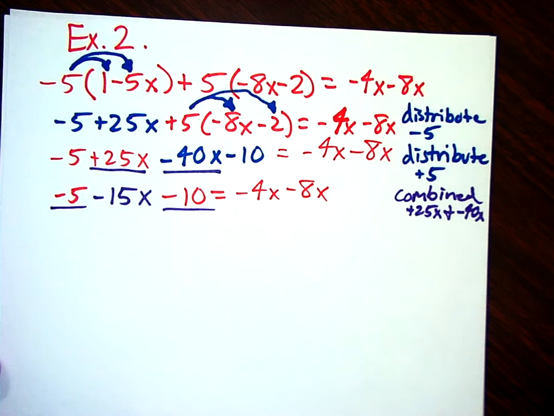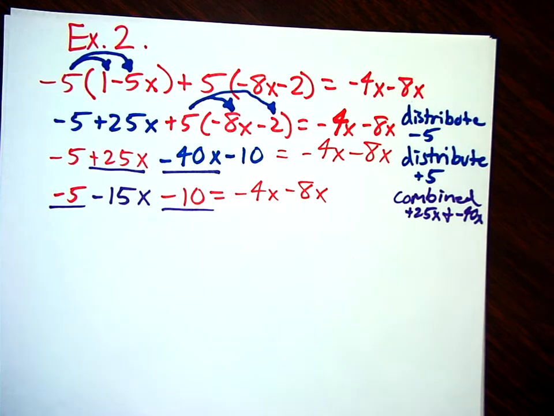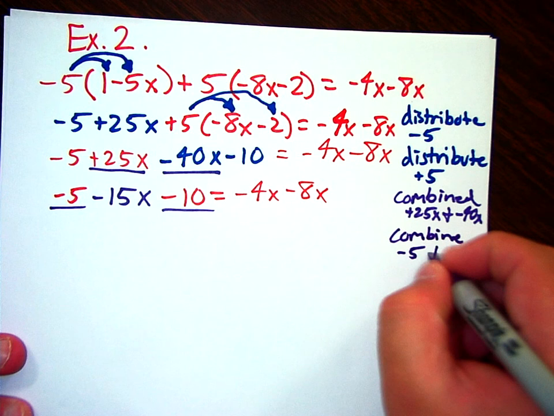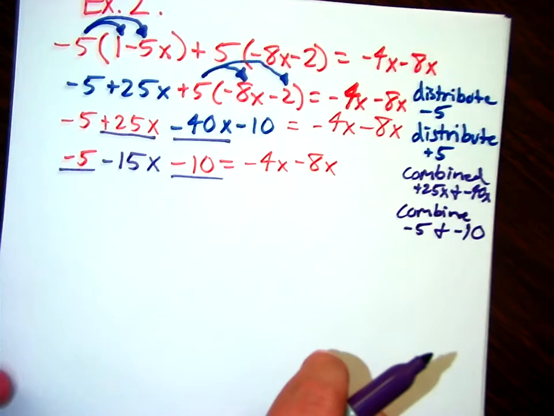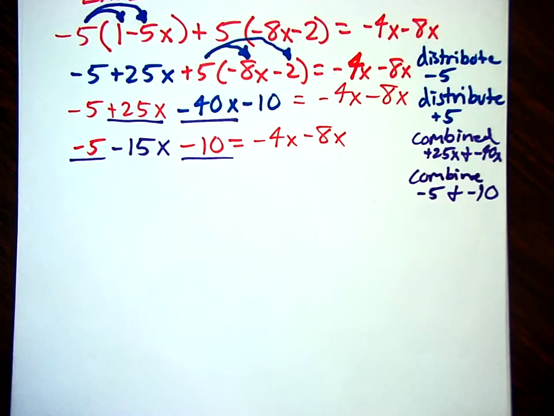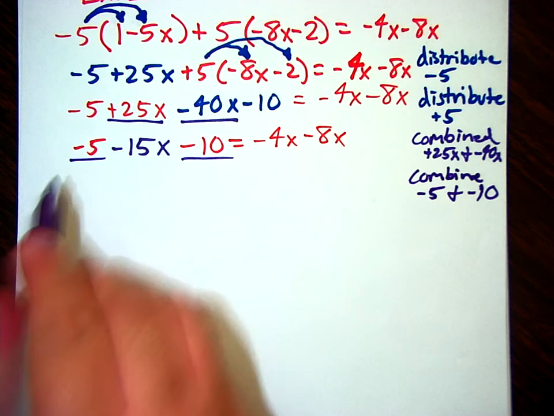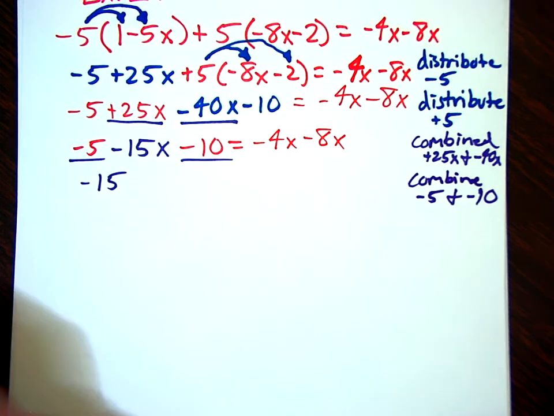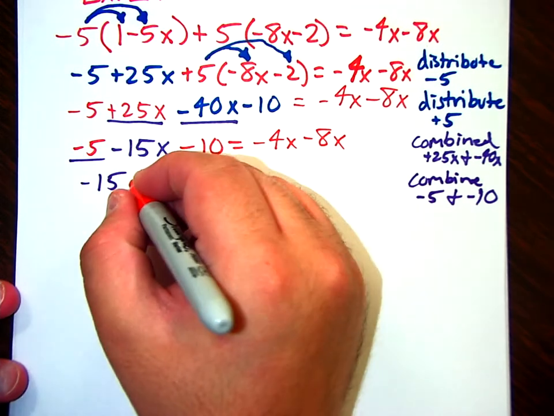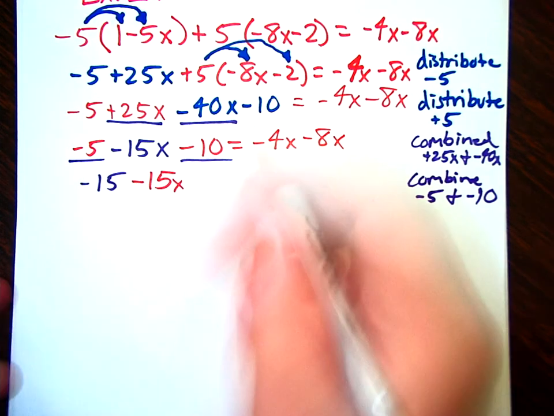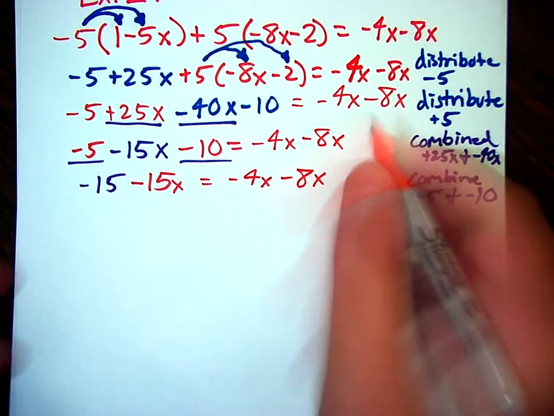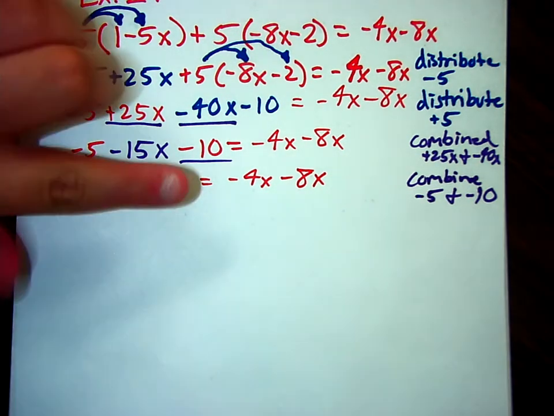Okay, so now we're going to combine negative 5 and negative 10. Okay. Negative 5 minus 10 is going to be minus 15. And then we have what we didn't touch this time, which is the minus 15x. Then equals negative 4x minus 8x. Okay, now we need to look at the other side because there's no more